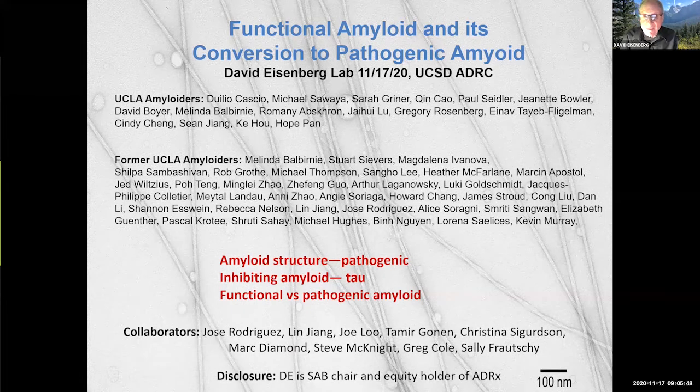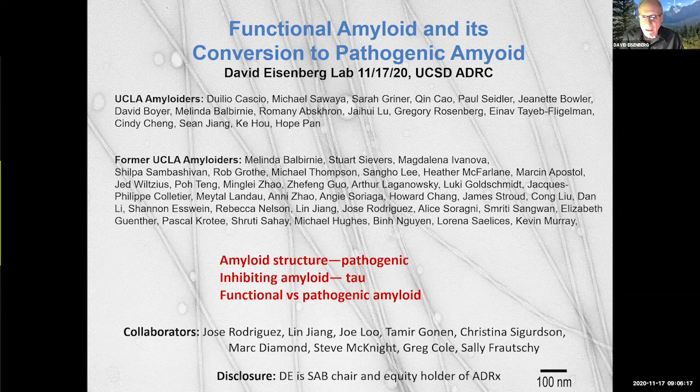So today I've got 3 topics. One is the structure of amyloid fibers, of pathogenic fibers, and what makes them so stable. And then how we go about inhibiting the formation of these fibers and the cell-to-cell transfer of the pattern that spreads from cell to cell, giving the example of tau,